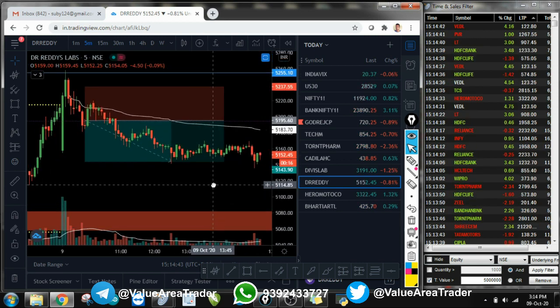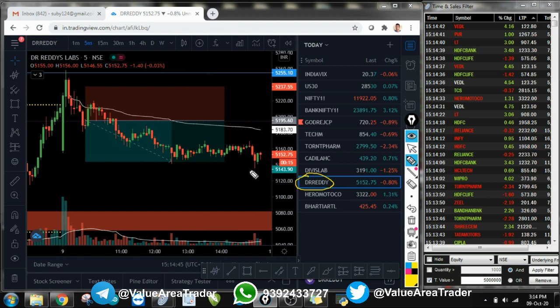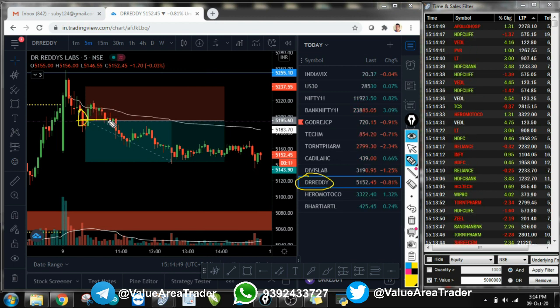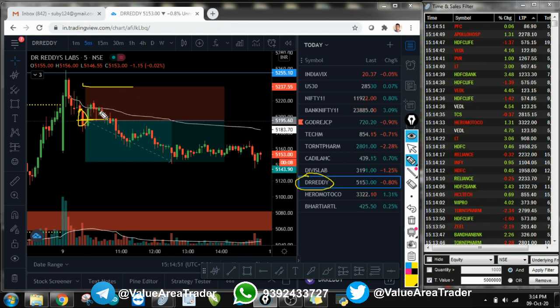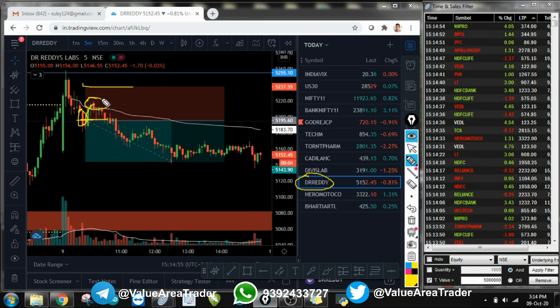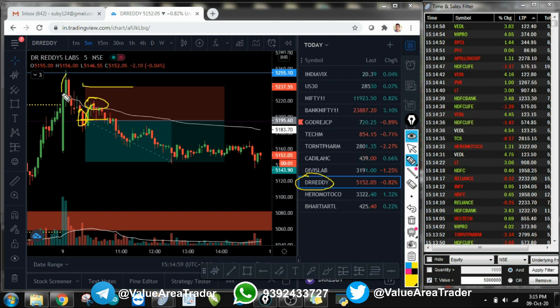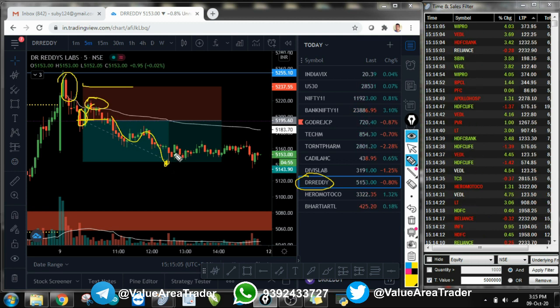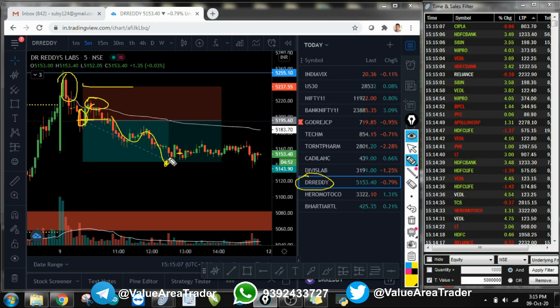Like if you remember Dr. Reddy, the first trade that we took was Dr. Reddy at this candle. We entered somewhere here. Our stop loss was here, and it did try to go up, but it rejected at the VWAP, like the anchored VWAP, not the normal VWAP. So I made an anchored VWAP here, and it came to our target. So I booked it somewhere here, I suppose. I think I was late in booking.